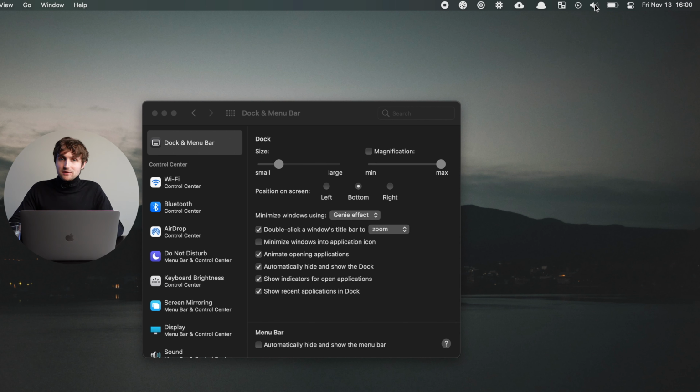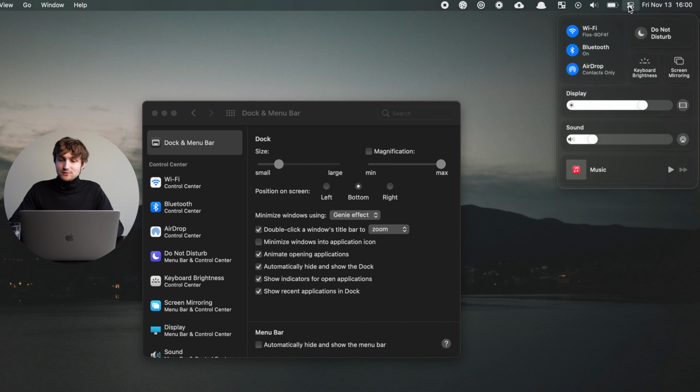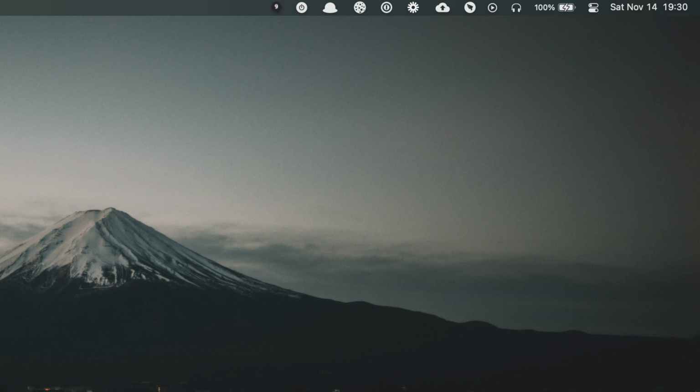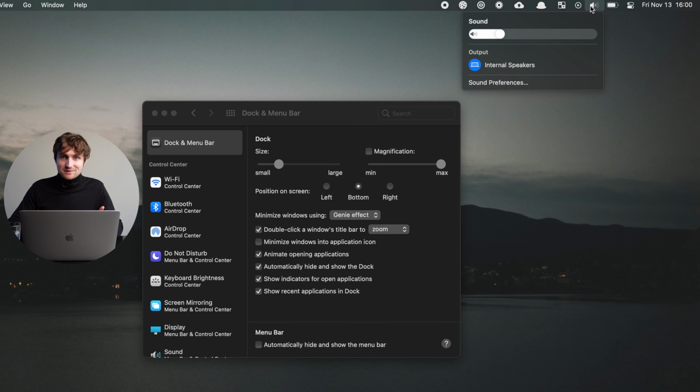If you would like to show the volume in the menu bar, all you have to do is go into the Control Center and then just drag it out here like that. So that's really great. The only downside of Big Sur is that they introduced this new headphone icon whenever you have something plugged in, so you don't have this visual indication anymore. Kind of annoying, but hey, it's a small price to pay for an overall great experience.